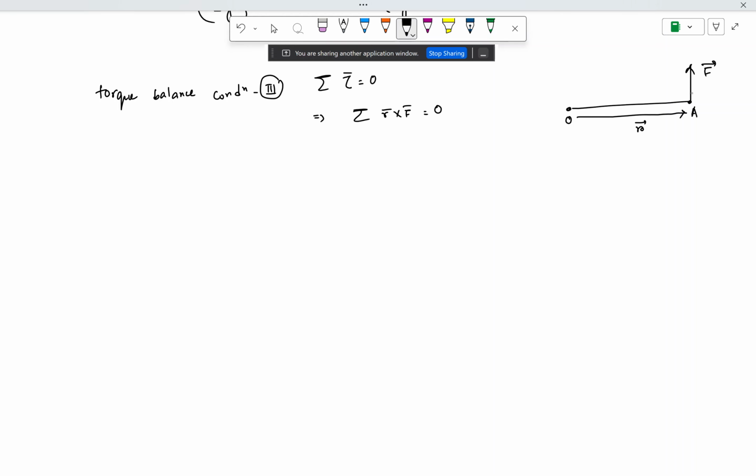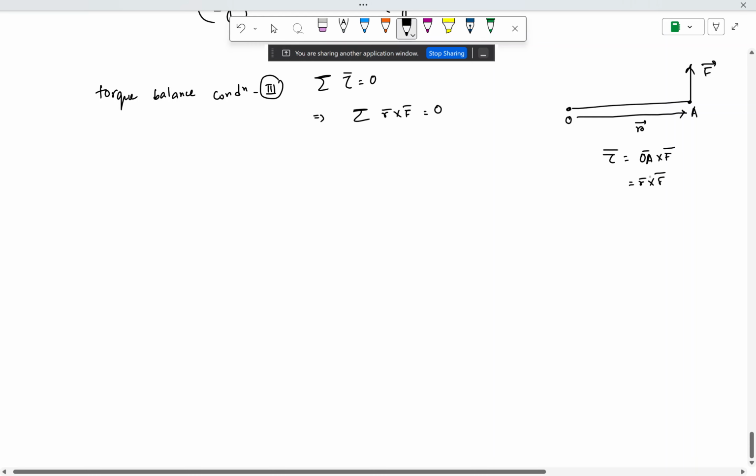In this case, it is acting exactly perpendicular to the distance OA. So then your torque will be OA cross F, which is r cross F, and because it is a torque, it is with respect to some reference point, here O. Okay, based on this concept, since you already have that concept, I will directly give you the different forces and the torques produced by them.